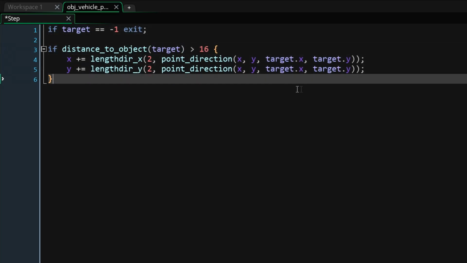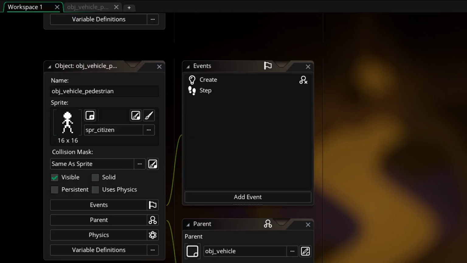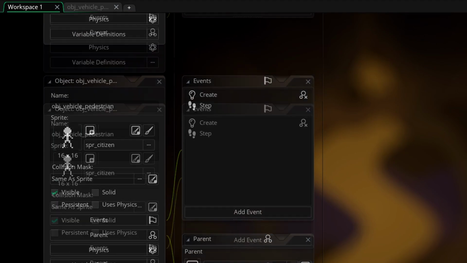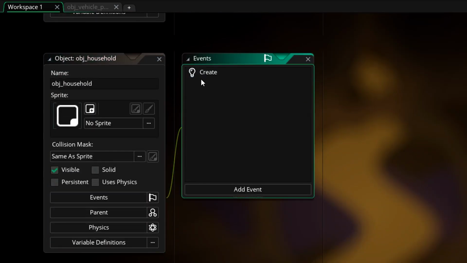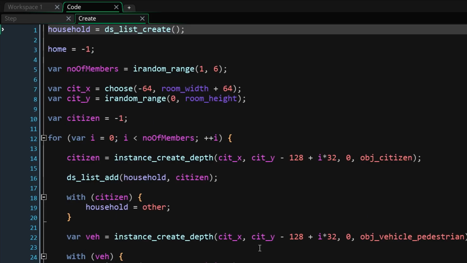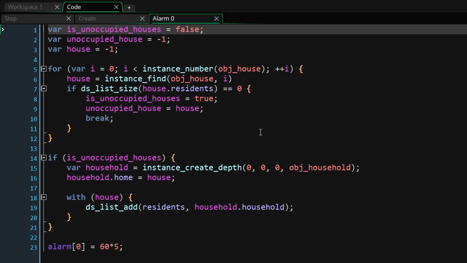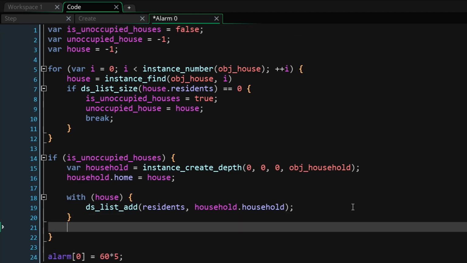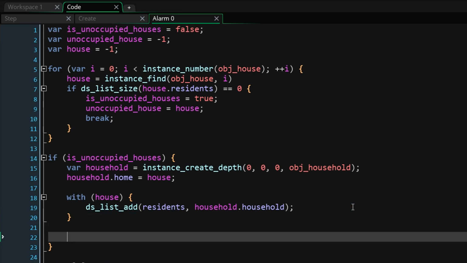Okay, and so when we create our vehicle here in the demand handler, no, in the household, sorry, we give it the target immediately. Okay, so let's see here. So we create this here, and then we say yeah. So I think actually in here, we're gonna create the residents, the pedestrians. Okay,